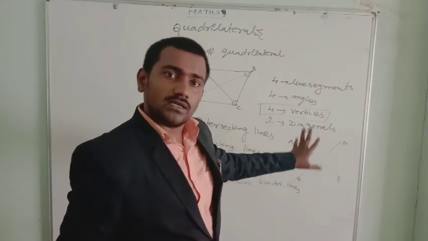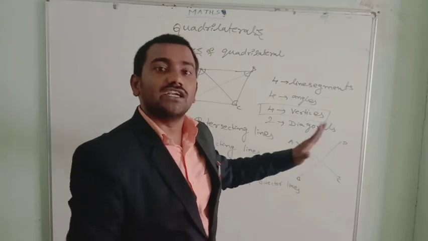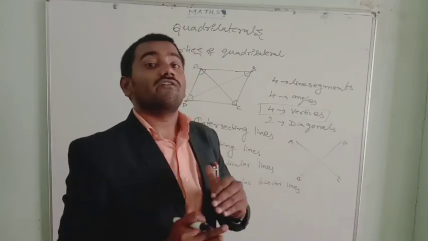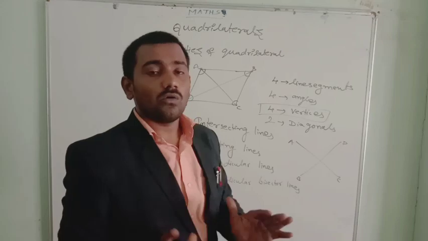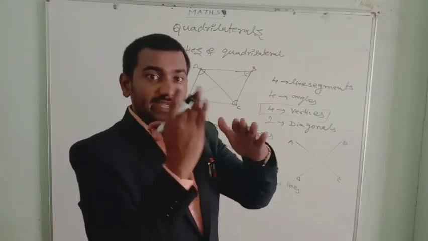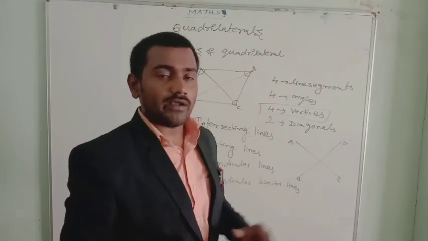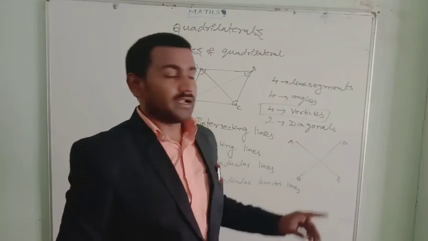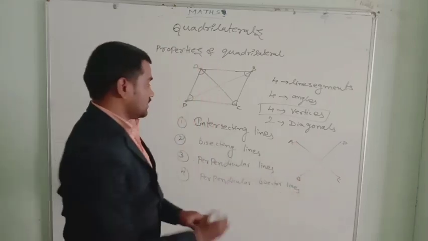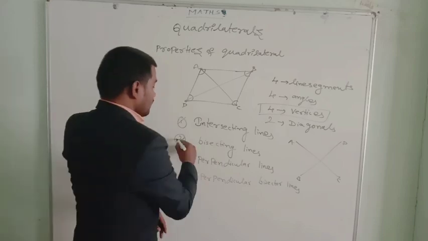Are they not intersecting? Exactly, they have one common point. They are intersecting each other, no matter where they are intersecting. Only if they meet each other at a common point, they are known as intersection lines. So they are intersection lines. This is completed. Next we go for bisecting.